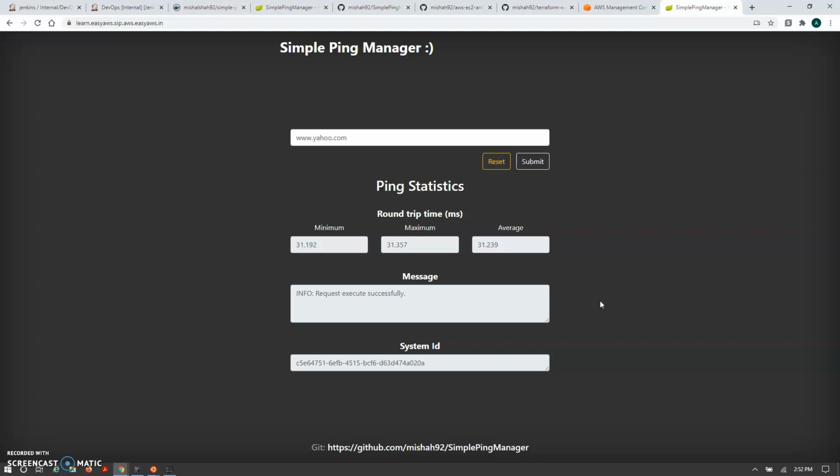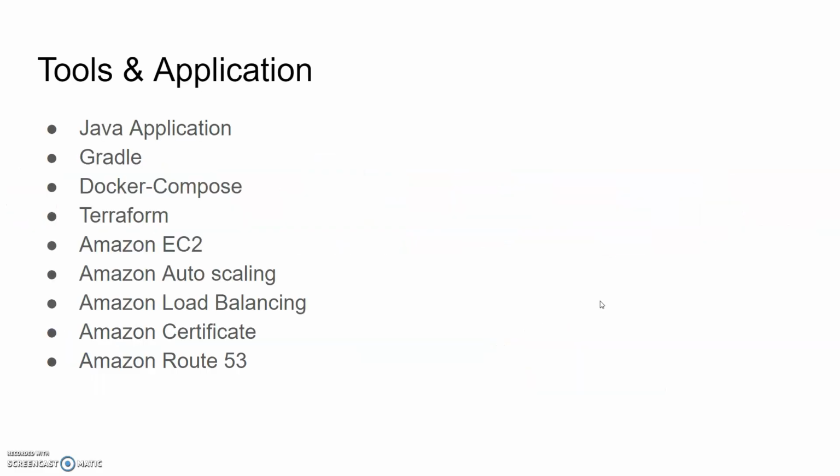Let's have a look at how we created the application and what kind of resources we used. On the tools and application side, we used a Java-based application, Gradle for compiling the project, and Docker Compose for making our Docker build and Docker run on the EC2 instance.